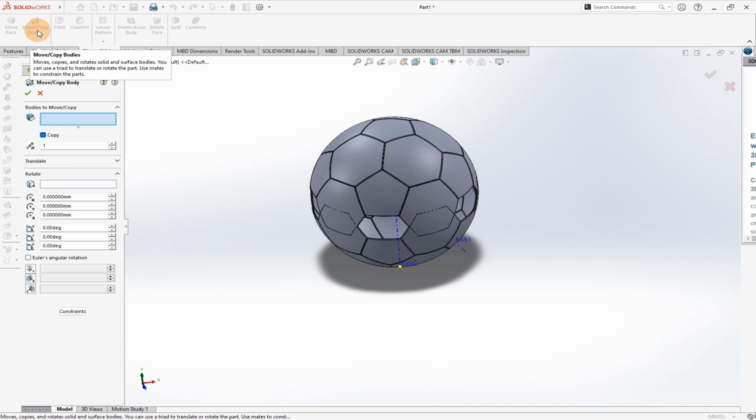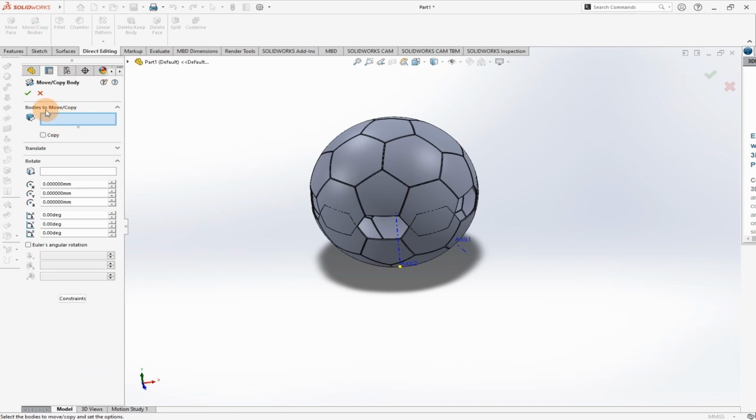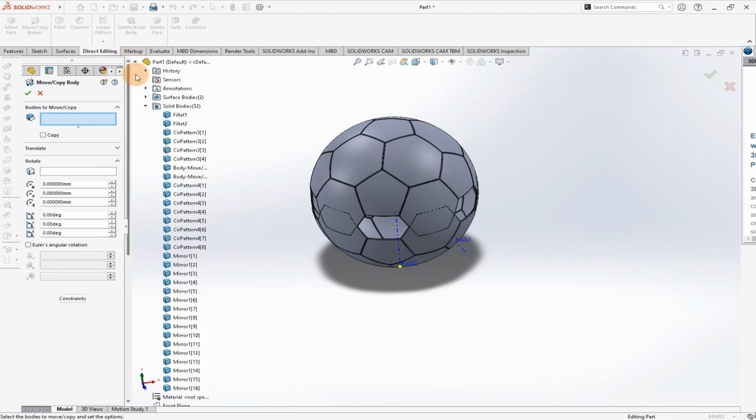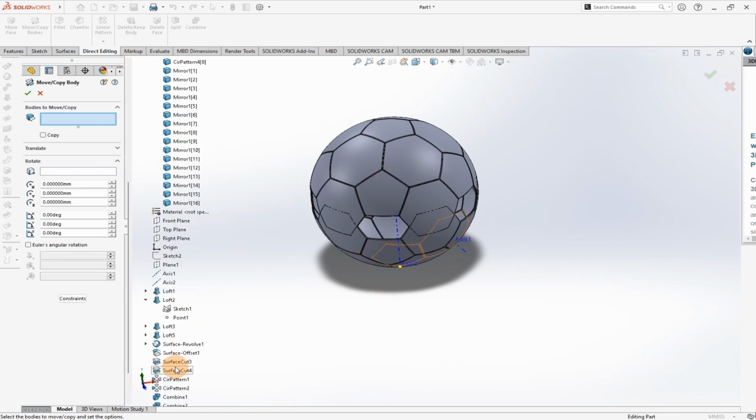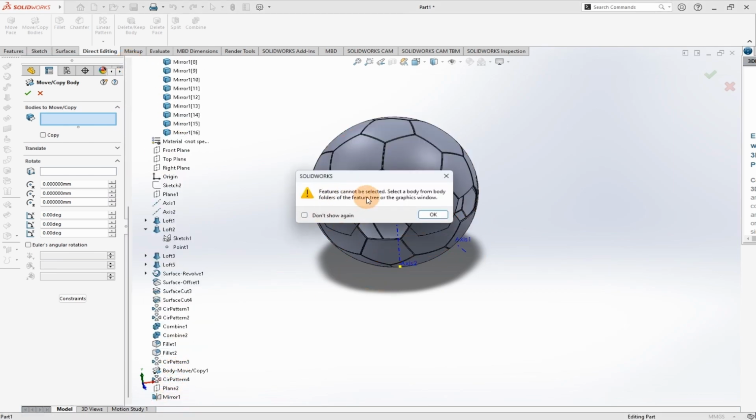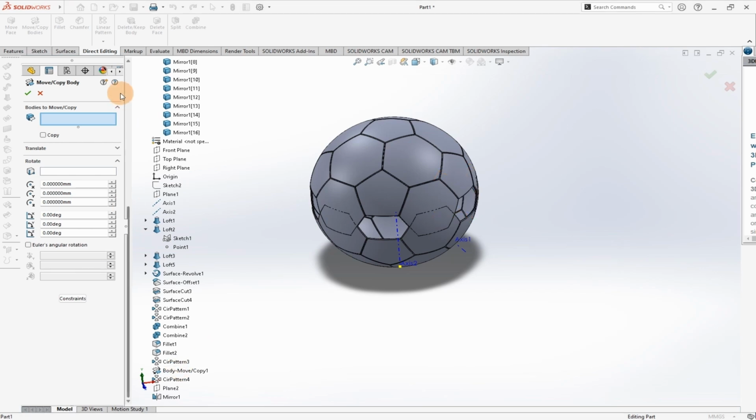Go to direct editing, then move copy bodies. This time round, don't copy. We just want to move the initial body. So here I think there is, SolidWorks need to look into it, where we can move also features. But now we'll have to select these bodies